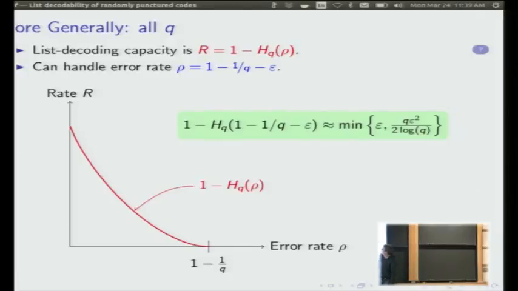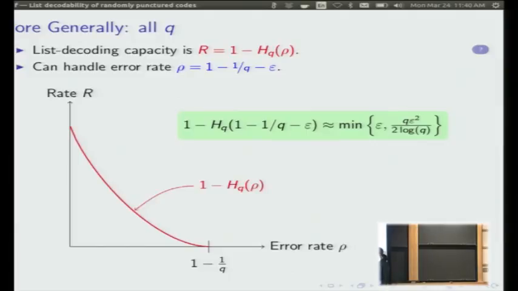And the list decoding capacity theorem still holds, and it says that the rate that I should be shooting for instead of 1 minus epsilon should be more generally like 1 minus the Q-ary entropy of the error rate. That's the best I can hope for, information theoretically. And so what is that? If I have this rate, which is 1 minus h_Q of 1 minus 1 over Q minus epsilon,